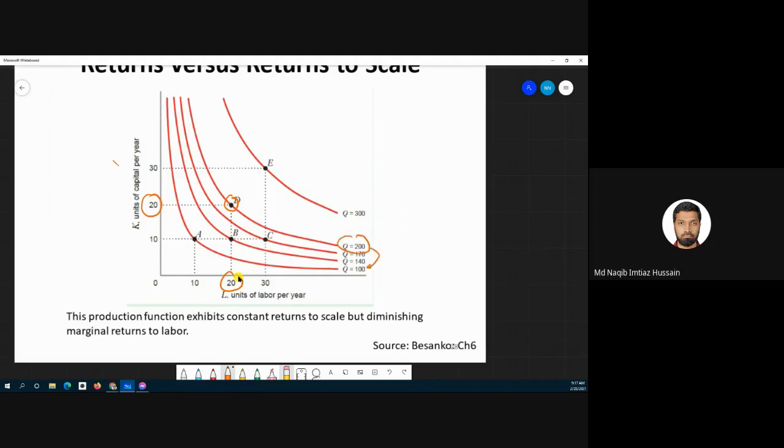Earlier it was 20, now it's doubling. If you make your inputs 3 times, if you go from 10 to 30, you're basically jumping from this point to this point. Your output is scaling up by 3 times. In this particular example, this return to scale